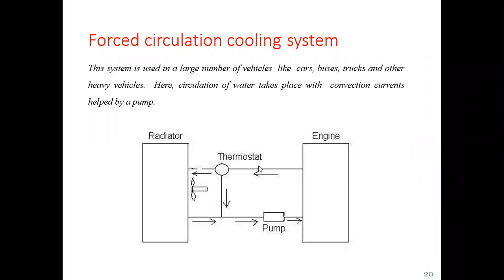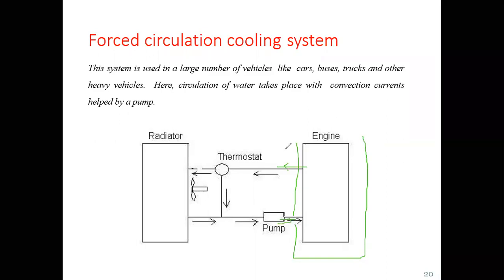Okay, cooling jacket. Here we can see the engine. Okay, so around the engine there will be an engine cooling jacket. Okay, so the engine cooling jacket is provided like so. This is the water inlet, and this is the water outlet. Now in this case, the construction is the same as the thermosiphon system, but the only difference is that here a pump is used, and along with the pump there is a thermostat used in order to maintain the temperature, or in order to cool the engine to an appropriate temperature.